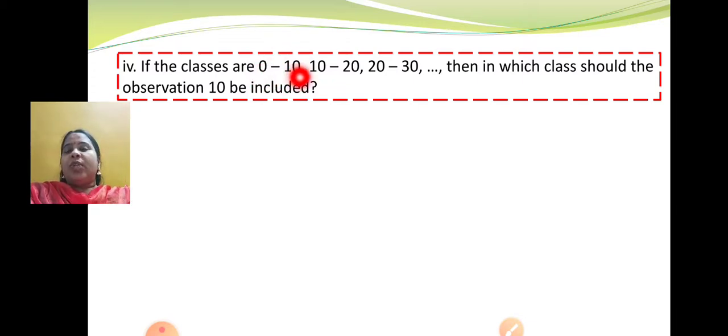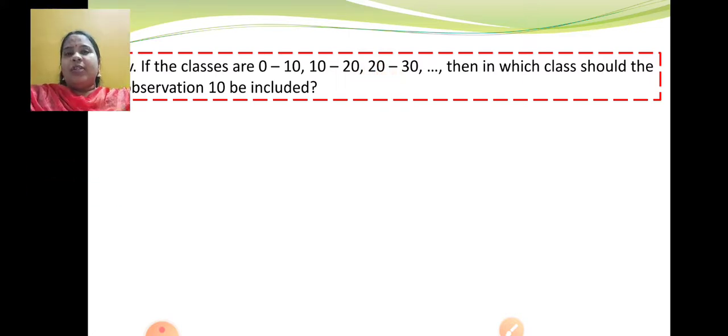Okay. So for 0 to 10, should I include this 10 in this? For 0 to 10, what is the lower limit? 0. This will be included. 10 will be included? No. Why? Because 10 is the upper limit and it will be included in the next class, that is 10 to 20. Now 10 to 20, what will happen? 10 will be included, 11, 12, 13, 14, everything, till 19. 20 will not be included. Where is 20 then? 20 is in the next class. This is the meaning of continuous classes. We have already learned continuous classes and non-continuous classes.